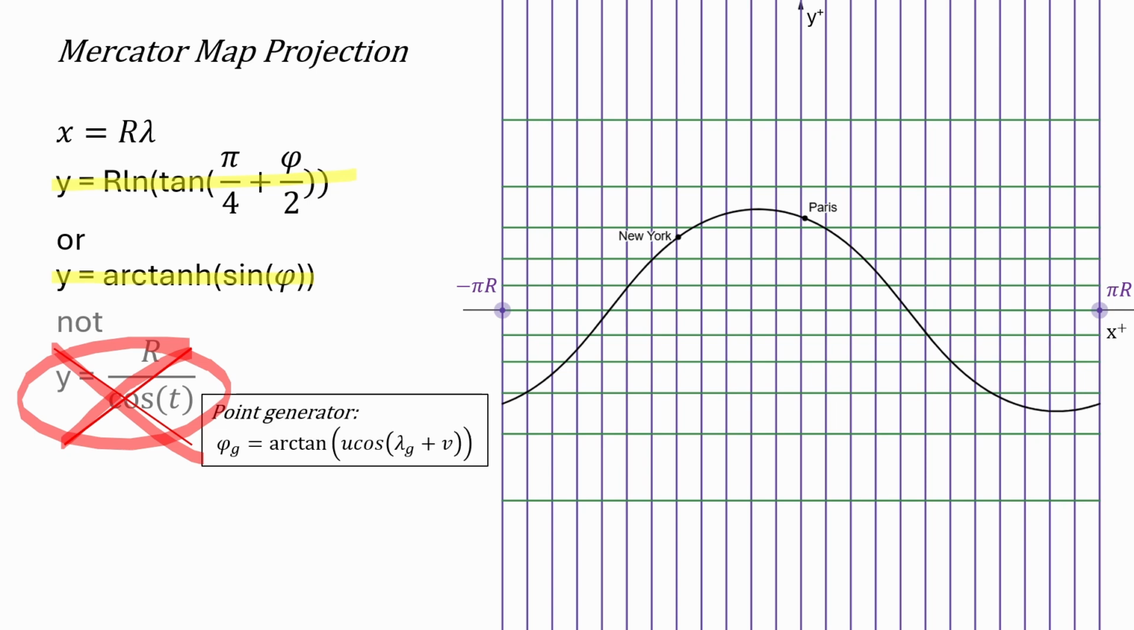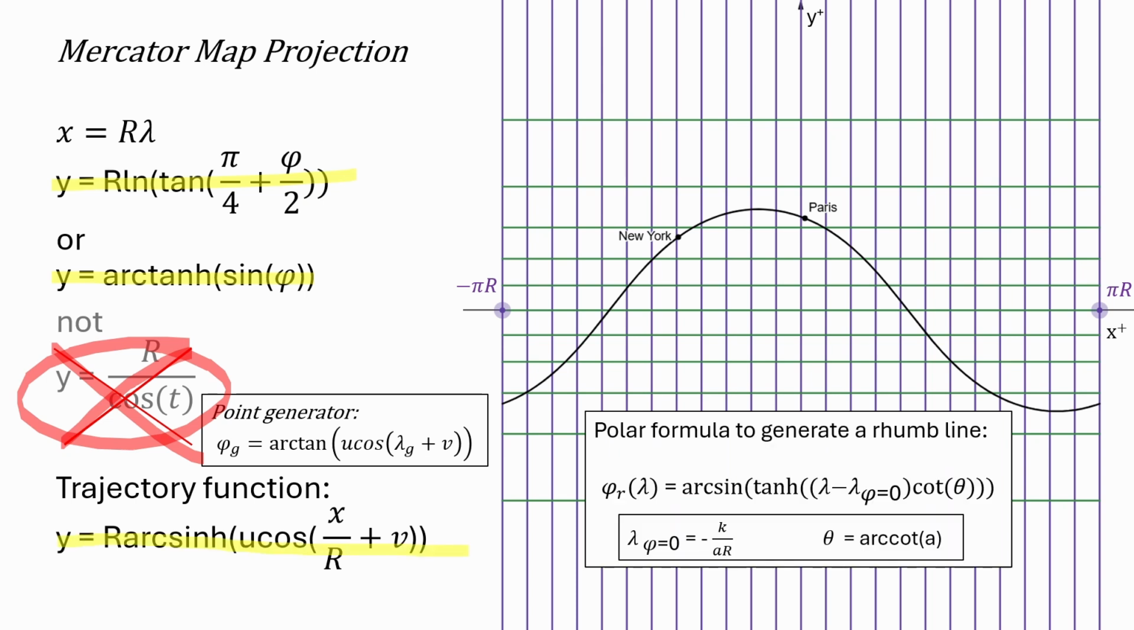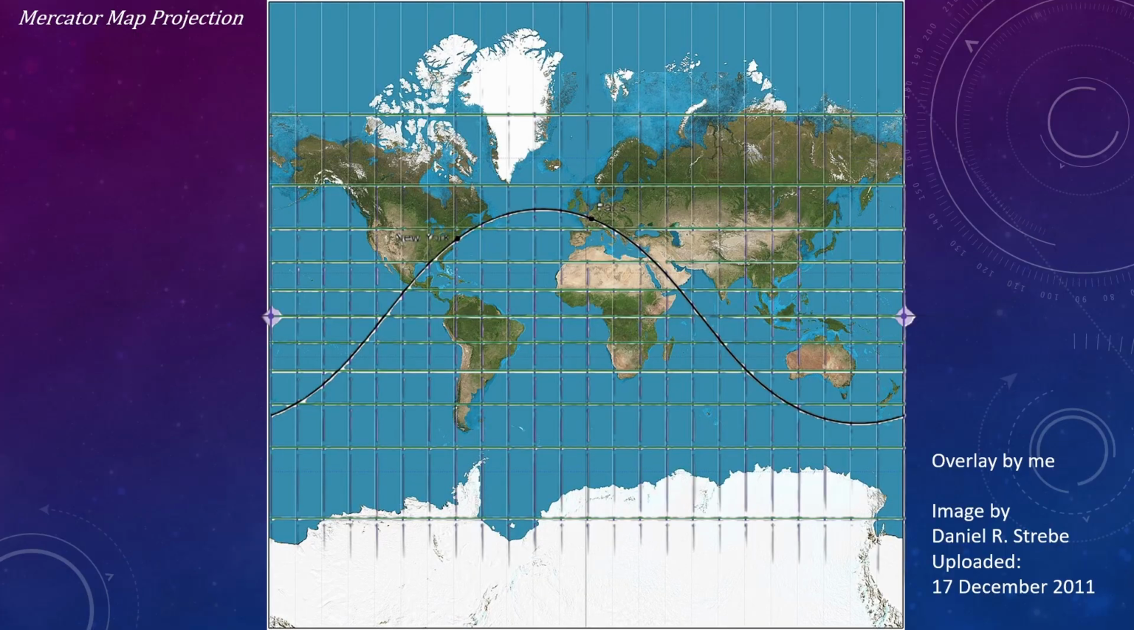The point generator formula is this. And the trajectory function, now this is not a drumline, this is a trajectory, is defined like this. The drumline on a map projection, the polar formula is this. Although if you draw any linear function on a Mercator map projection, it is a drumline that matches this polar formula. And this is what the trajectory, not the drumline, the trajectory between New York and Paris looks like on